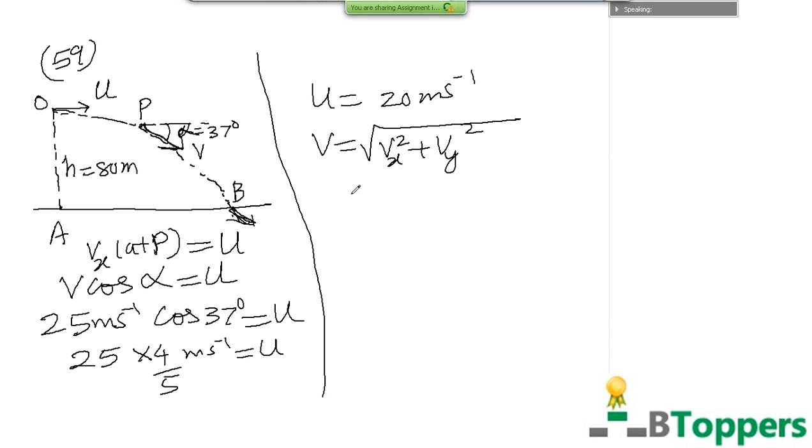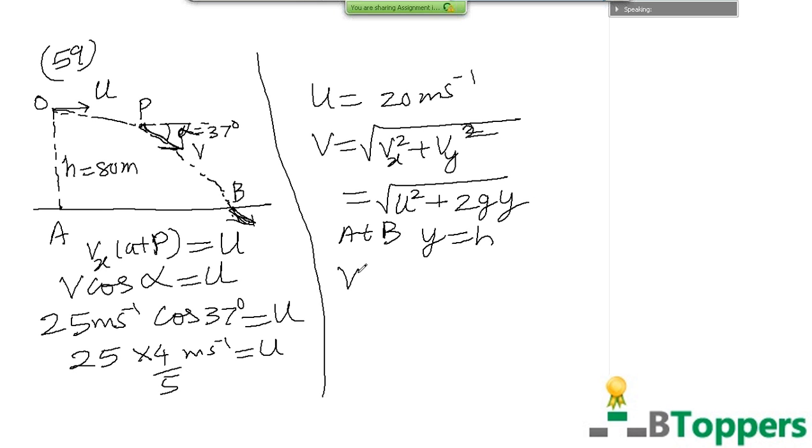Just as I have written in the question number 55, here also we can follow a similar procedure. Vx can be written as U and Vy square can be written as 2gy, following the method similar to question number 55. So at the position B, just before it strikes the ground, you can take y equal to H. So the magnitude of velocity will be root of